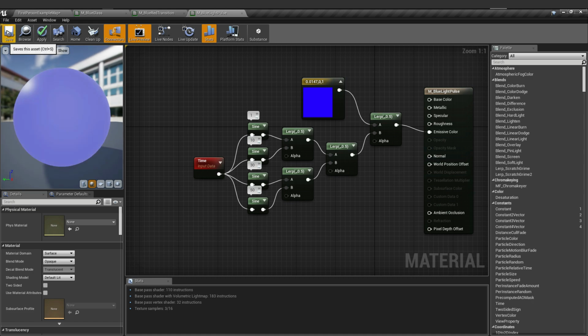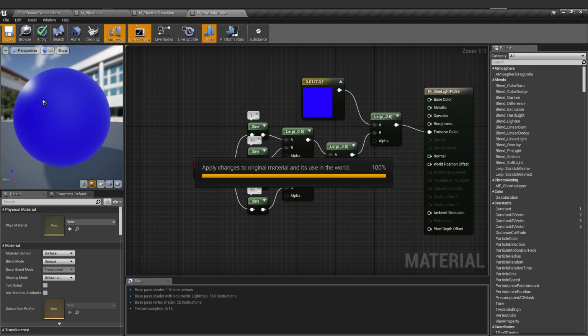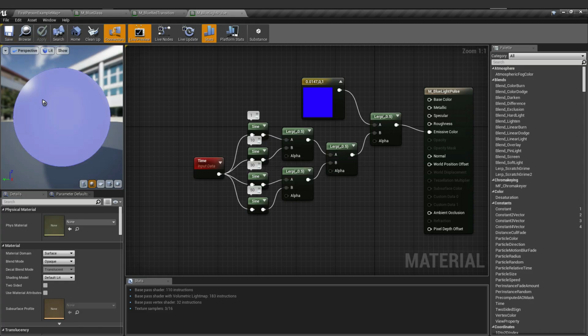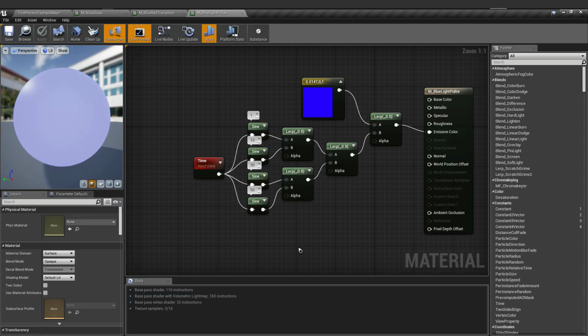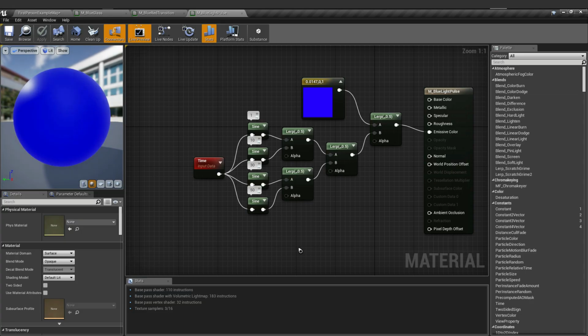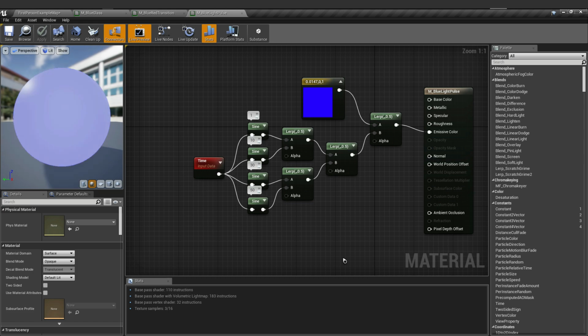So let's save our pulsing blue light. In creating a pulsing light, it depends on how frequent the flickering or the pulsing is. It depends on the material you want to create. So for me, the transition of the pulse or the flickering is enough.